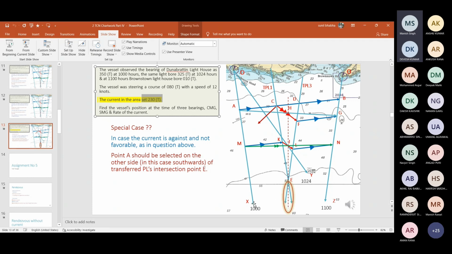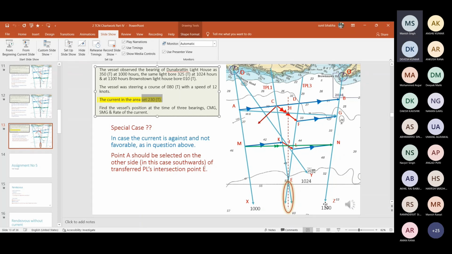बेटा, आपने लेट अस से जहाँ पे ये एज है, can you see the cursor here? हाँ हाँ सर दिख रहा है। आपने यहाँ पे A पॉइंट को ले लिया, अब आपने CTS ड्रॉ किया तो आपका C जो है वो यहाँ पे आएगा। हाँ सर वो तो उल्टा हो जाएगा क्योंकि ऊपर का नीचे, नीचे का ऊपर हो जाएगा फिर। अब जब करंट इसमें लगाओगे ऊपर तो आएगा ना सर, current will take you back to the TPL3 here. फिर आप CTS आगे जब G लगाओगे तो यहाँ पे आपको G पॉइंट मिल जाएगा।